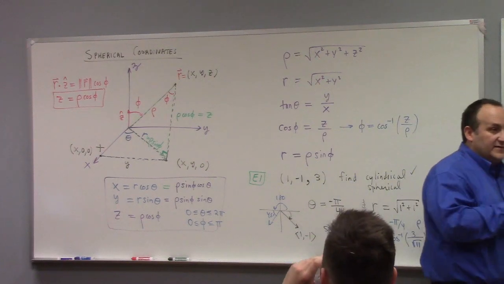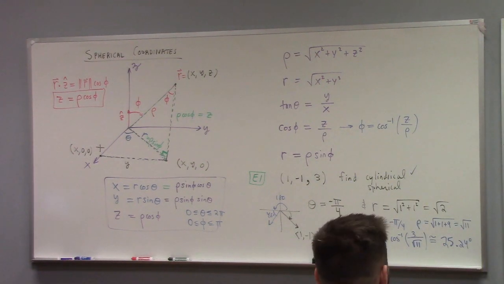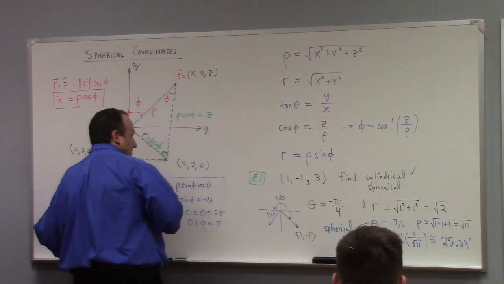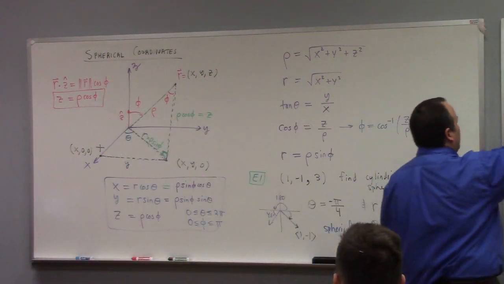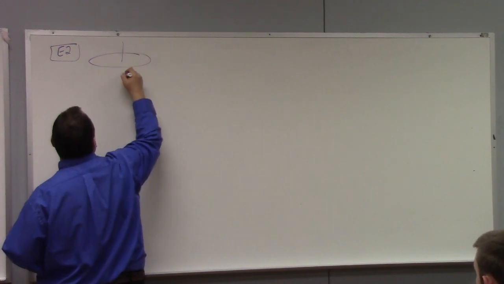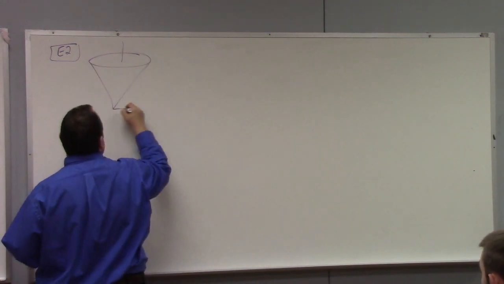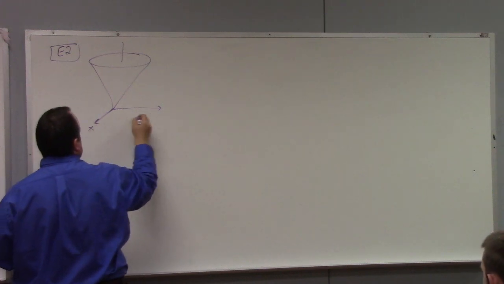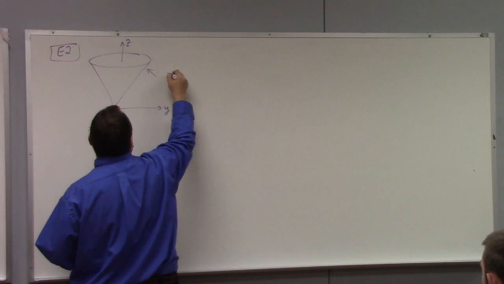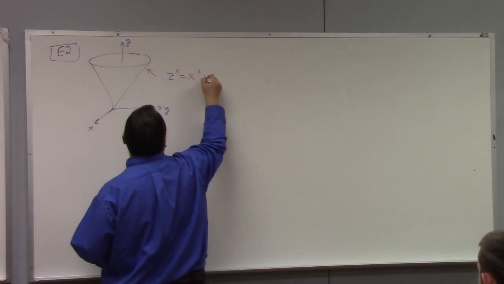Now you can use these things to create parameterizations. Let's do one example like that, and then I really will stop and do calculus, I promise. What if you wanted to parameterize a cone? In Cartesian variables, this cone would be kind of a drag. Suppose this is the cone z squared equals x squared plus y squared. I believe that's a cone.